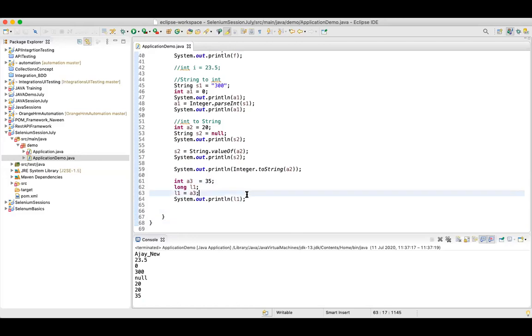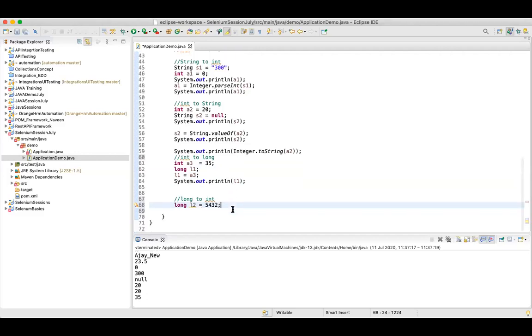We have seen integer to long. Let's see the reversal, long to integer. So first I have to define a long variable l2, and I'll specify some value.